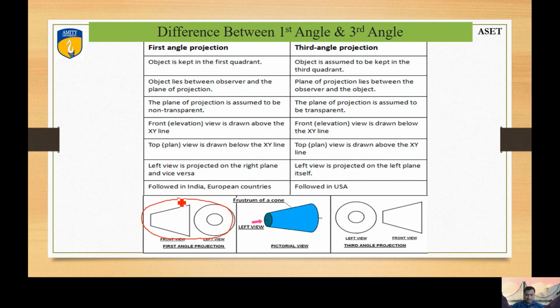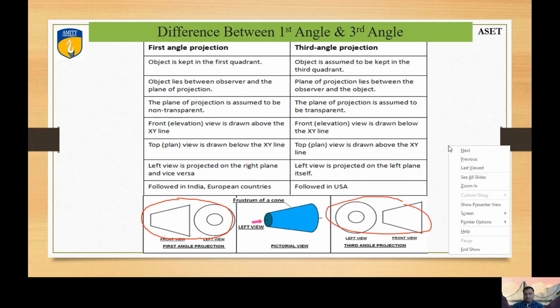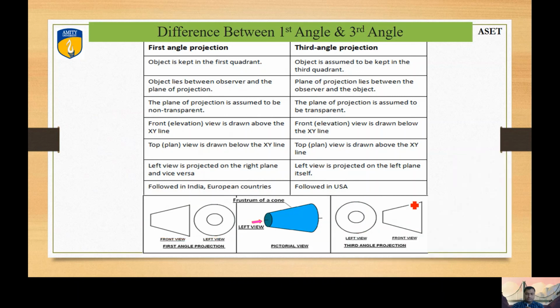Keep in mind the symbol, at least how it has been made. It has been made by means of frustum of cone only. So keep in mind this symbol, the first angle, and this is for third angle. So this can be asked in your Viva also, that what is the symbol of first angle and the third angle. Also in some competitive or MCQ questions, the symbol can be given to it. It can be asked for which angle this symbol is referred, so you can state that. So these are some differences, so you can go through.